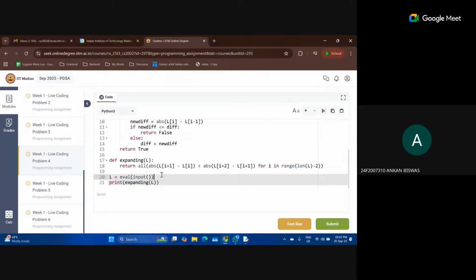Okay, ma'am, thank you. Ma'am, what is all doing here? We never came across this all. All is basically a function. What it will do is check whether all of the values are true or not, whether all of the values are non-zero or not.